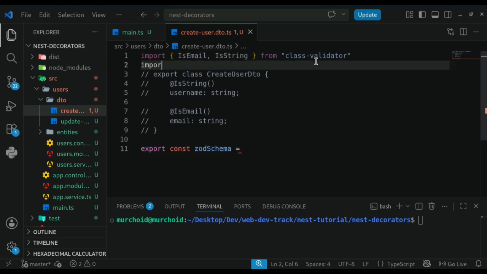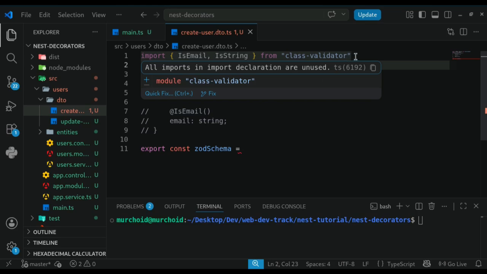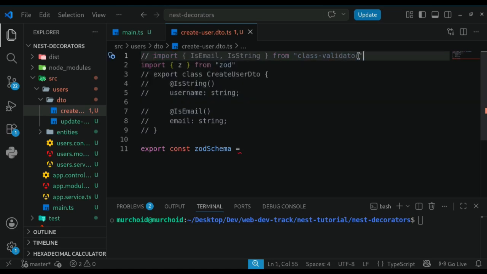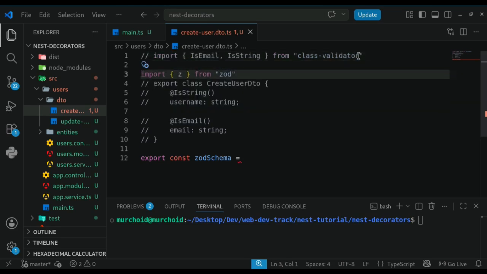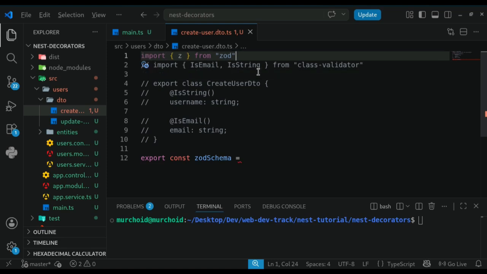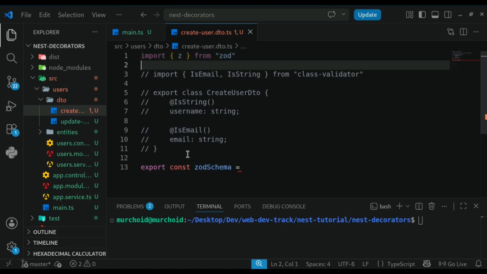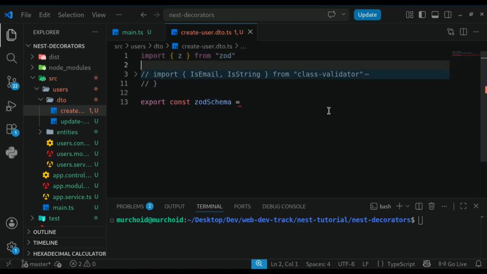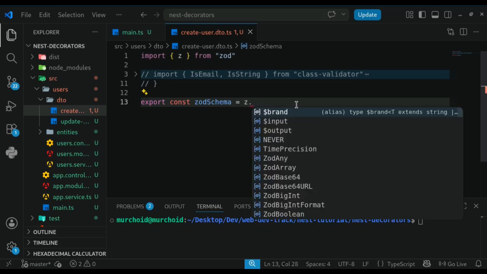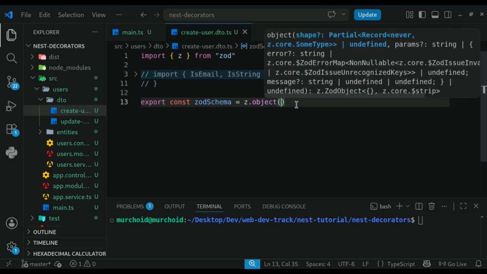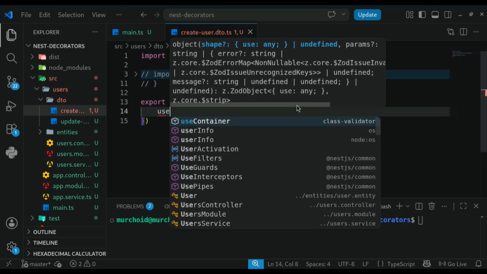So let us import, let's import it from Zod, which again I installed, that's why it's working. Let us also comment this one out. So let us push this at the top so that it's a bit cleaner, and let me just close this one off like that. So Zod, you create an object from it,